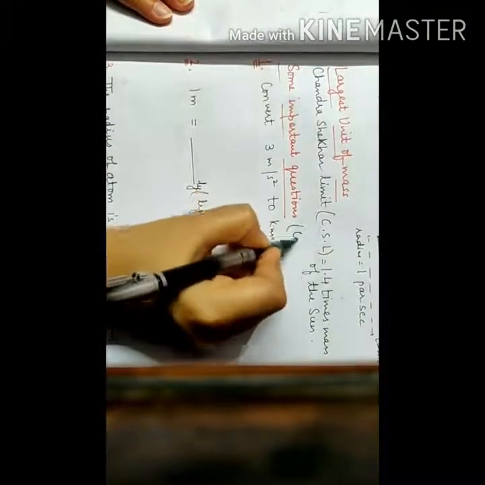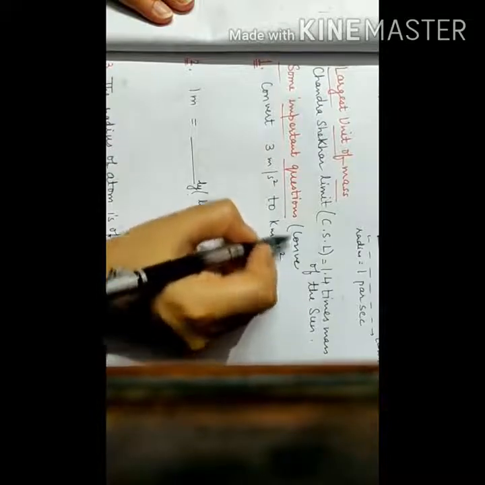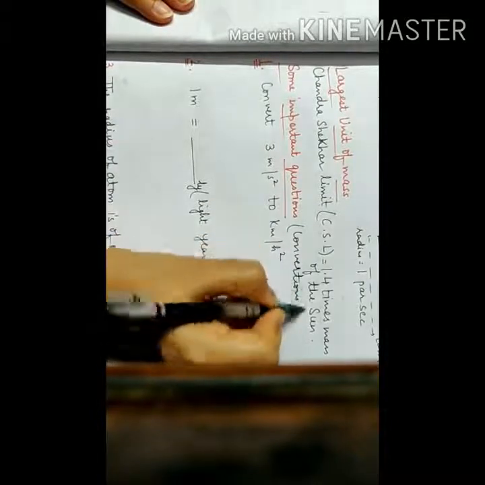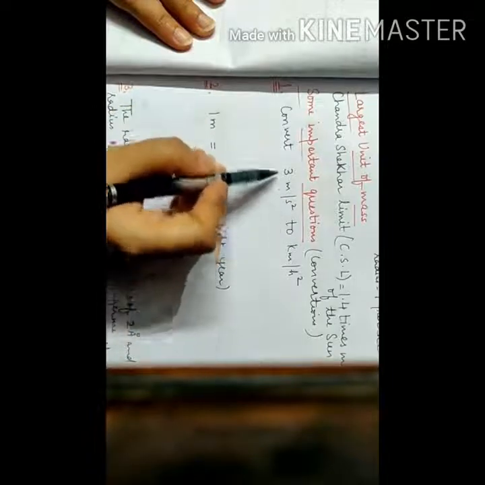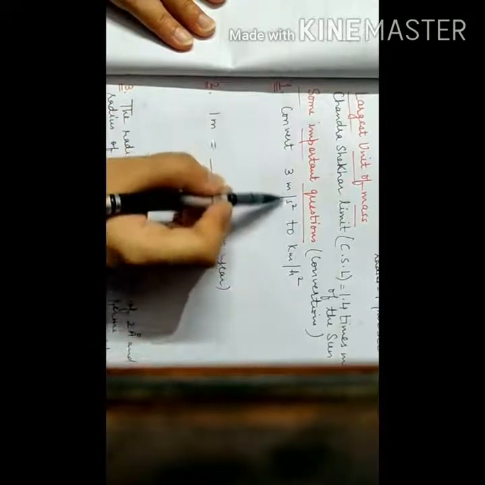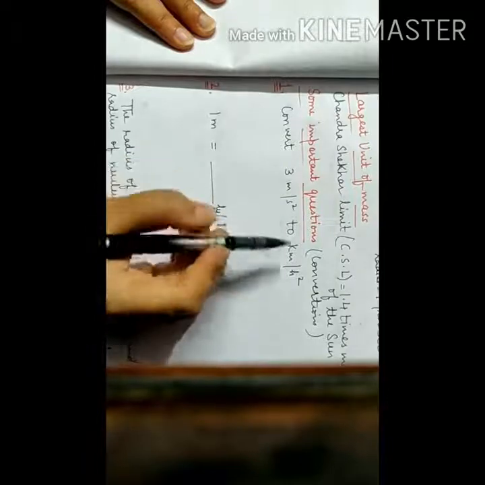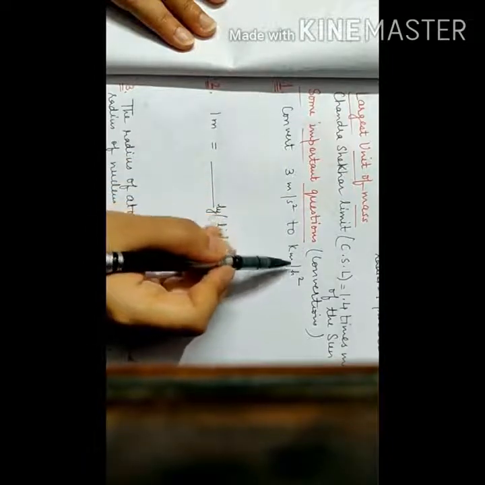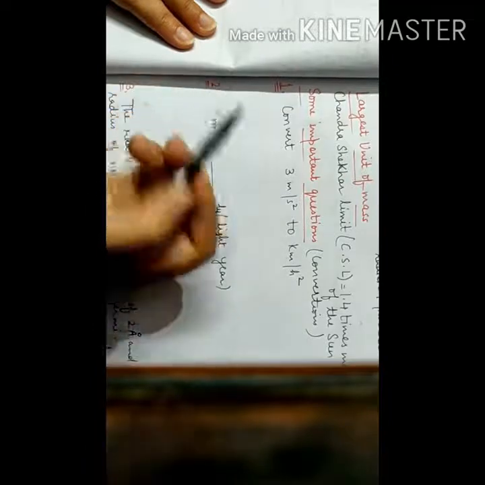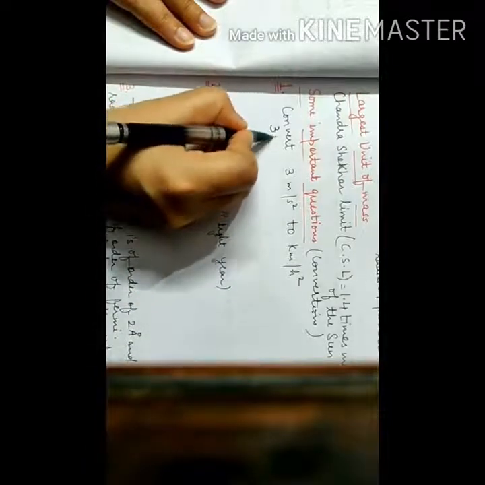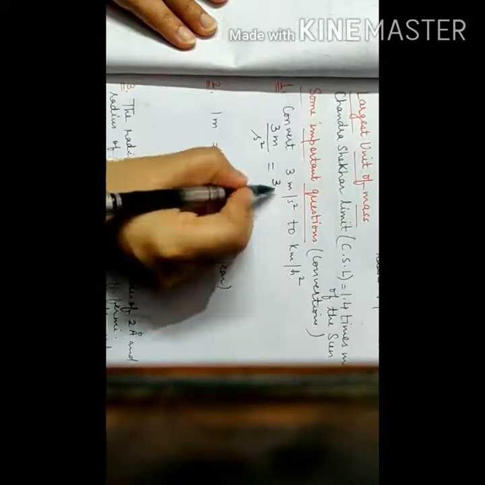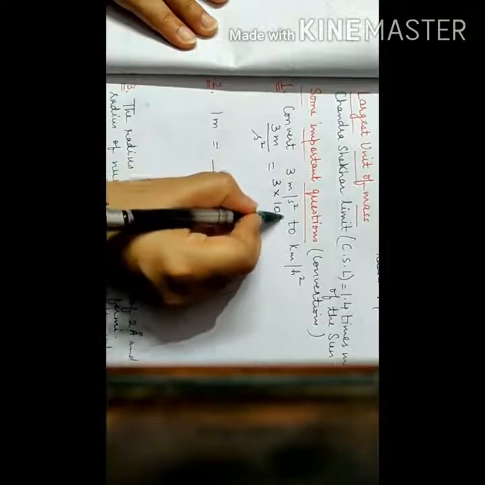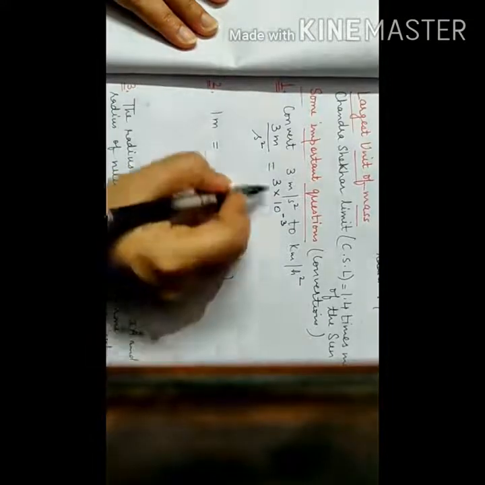Now we can come to some questions which are nothing but conversions. You have to convert one system of unit into another, which is given. First of all, in question number 1, we have to convert 3 meter per second square. Obviously this is acceleration because the units are of acceleration. We have to convert it into kilometer per hour square. Now how will we convert it? First of all, write 3 meter by second square. We know to convert to kilometers, we have to multiply with 10 to the power minus 3.